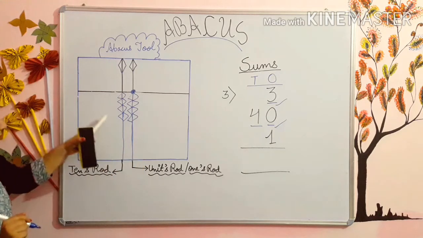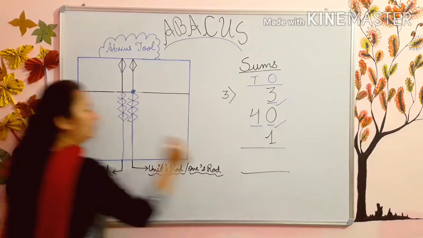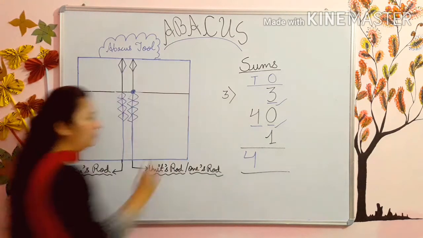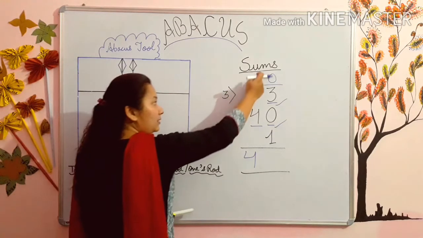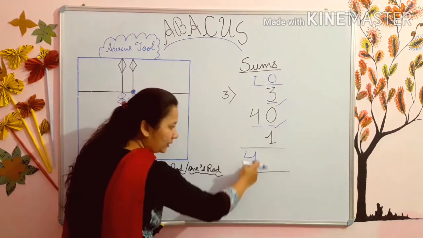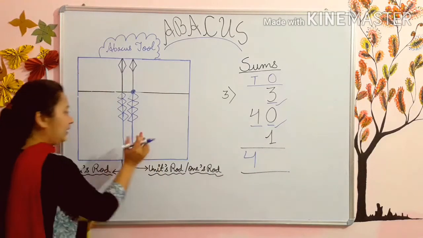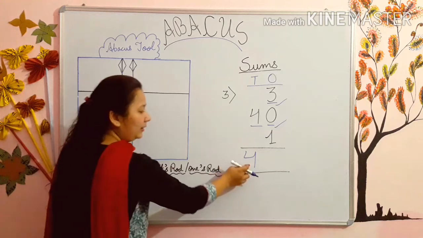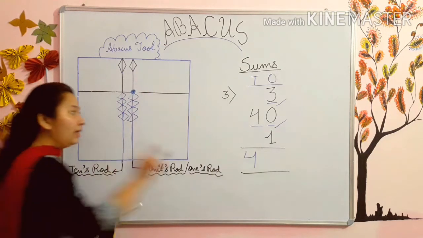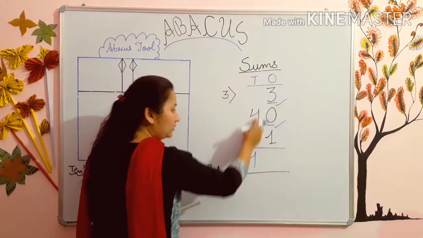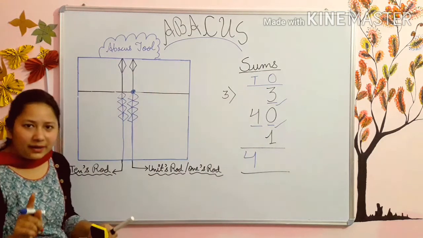Now count the tens rod first. See 1, 2, 3, 4. 4. Students, listen. See, this is tens. So tens rod, the tens number will come first. कुछ बच्चे क्या करेंगे, पहले इस रॉड को काउंट करेंगे, यहाँ लिख देंगे, फिर इस रॉड को काउंट करेंगे, यहाँ लिख देंगे. Now, as you can see, this is for the tens row. ये टेंस की रो है तो यहाँ पे टेंस का नंबर आएगा.